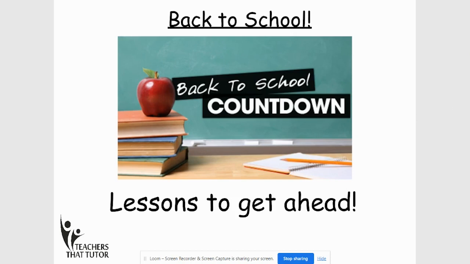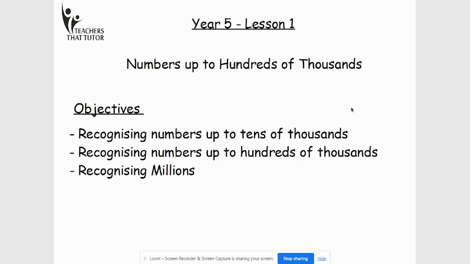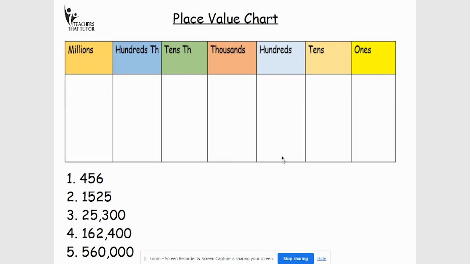So this lesson is for year 5, and it's all about place value, and we're going to be talking about numbers up to hundreds of thousands and possibly just looking at millions quickly, as that's what they'll be expected to do when they go back in September. So first things first, I want you to look at this. This is called a place value chart, and it's what the children are most likely going to be using to help them work out the values of some really big numbers. So let's see if we can put these numbers into the chart, starting with the first one here,